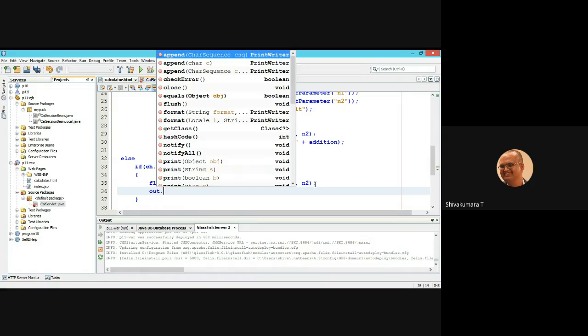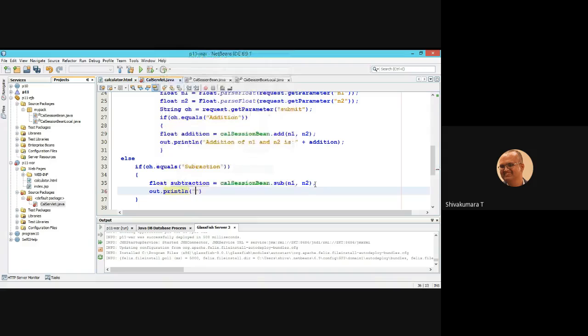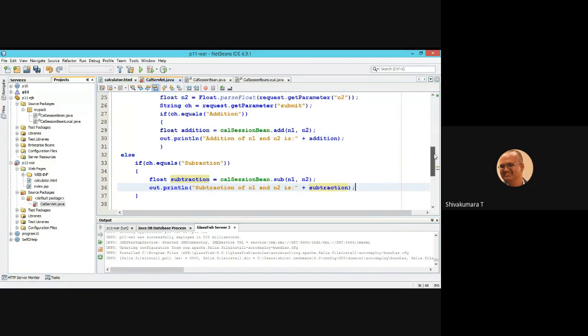Out dot println, subtraction of n1 and n2 is subtraction. Able to follow?